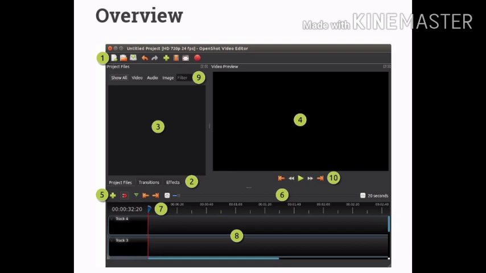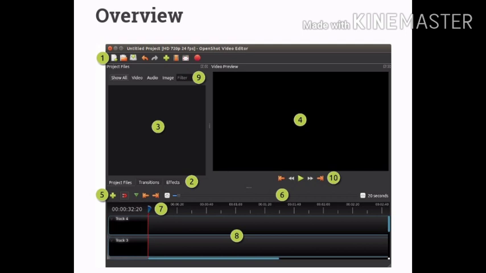Number 9 represents the filter. We can search here lots of filters. These filters will show different types of effects. And number 10 represents the control keys for the player, that is after rendering it will control everything.